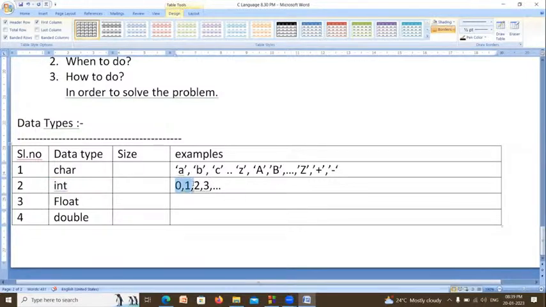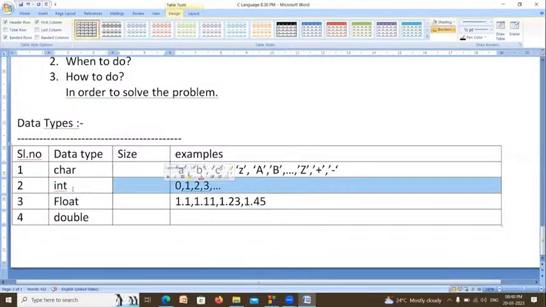Now, between 1 and 2 there are so many numbers. 1.1 is there, 1.11 is there, 1.23 is there, 1.45 is there. A number which has a decimal point is called a float.